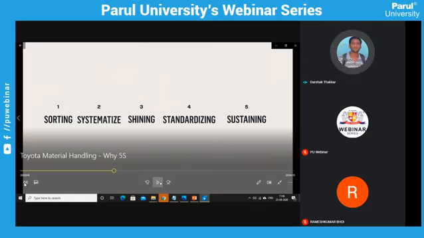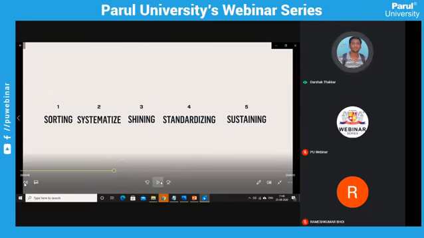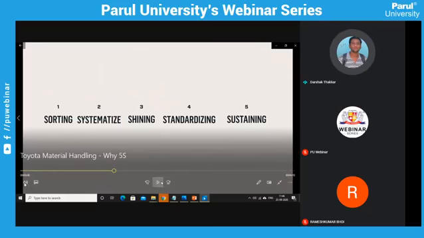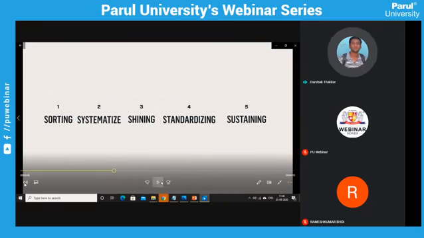So as shown in the video, we have to follow a step-by-step process to achieve the 5S methodology, right? The first one is sorting. It means differentiating the necessary items and the unnecessary items in the workplace. The second one is set in order. Once we have identified the necessary items, then we have to arrange them in order so we can easily find a particular item when we require it during our work.